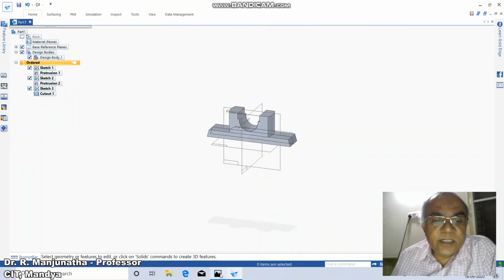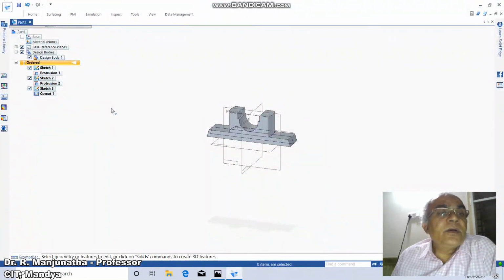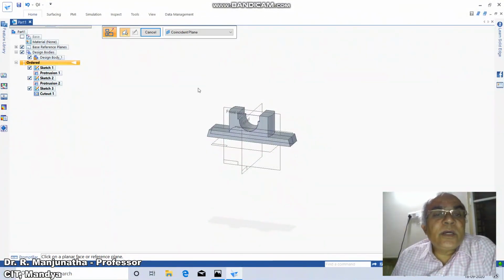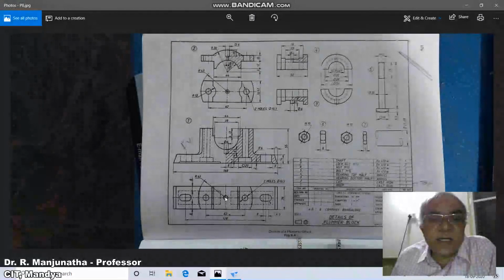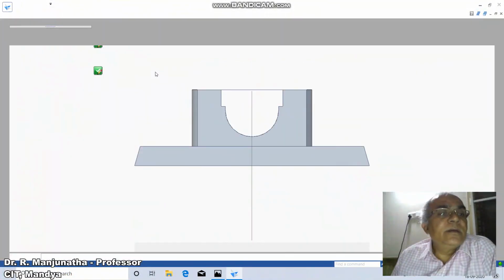Once you create this, the next portion will be creating this small hole here, which is the diameter 6. So to do that, come down to this, go to sketching, home, click on sketch. Here the hole will be exactly at the center. It is not at the end, it will be at the center. So which is this line? This line is nothing but this plane. So the front plane, the coincident plane, I'm going to consider this as the front plane.